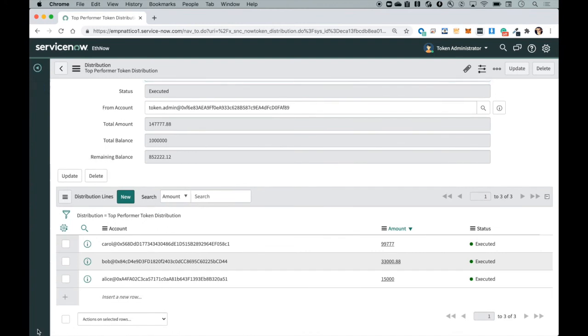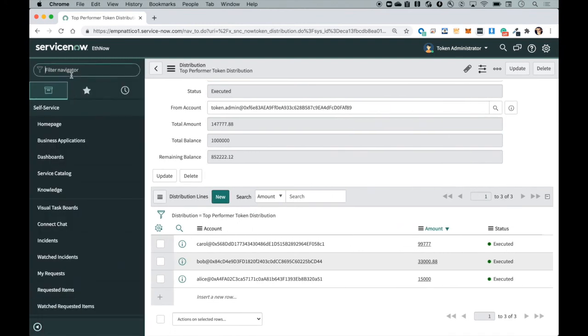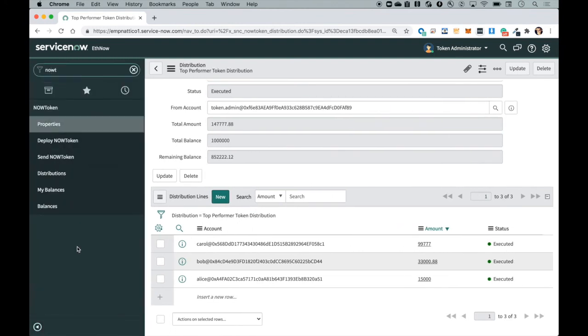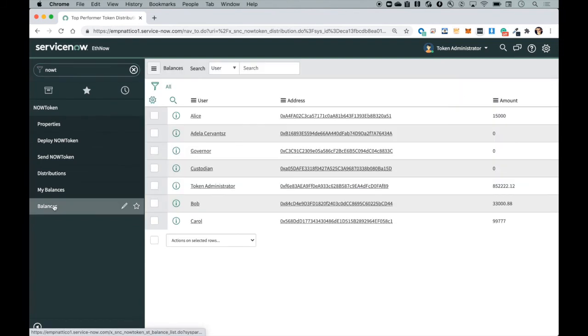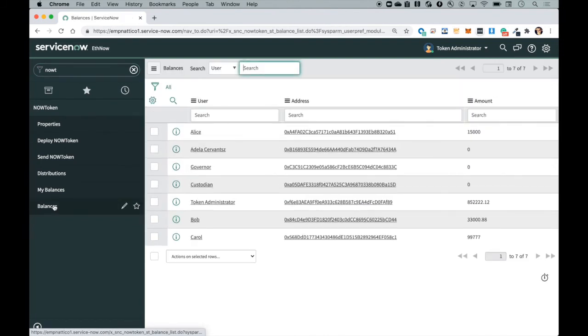Let's have a look at the balances. And balances look correct in the balances table. This table is using the APIs of the Spoke application in order to read from the blockchain and put the data in a remote table.